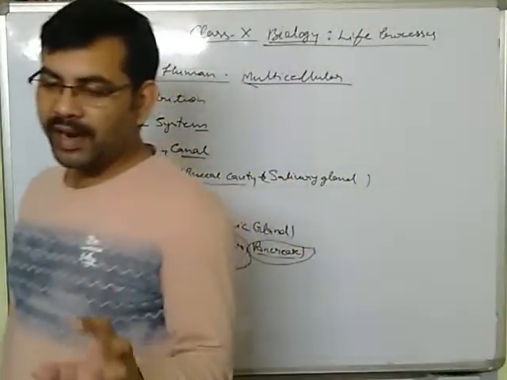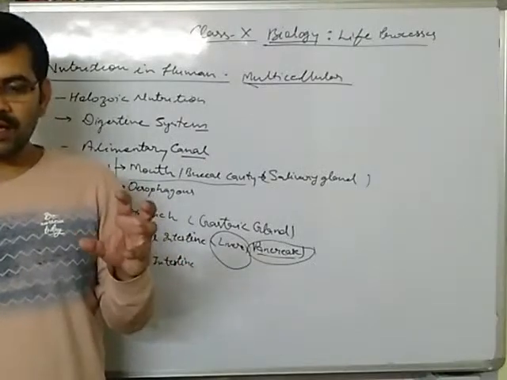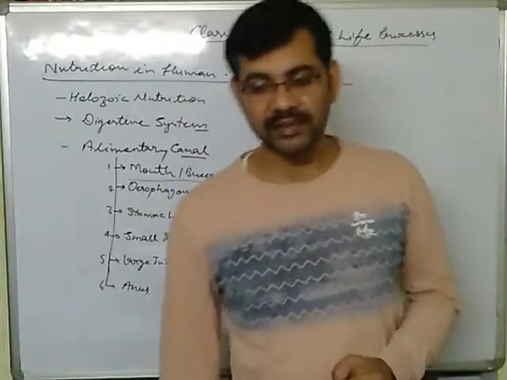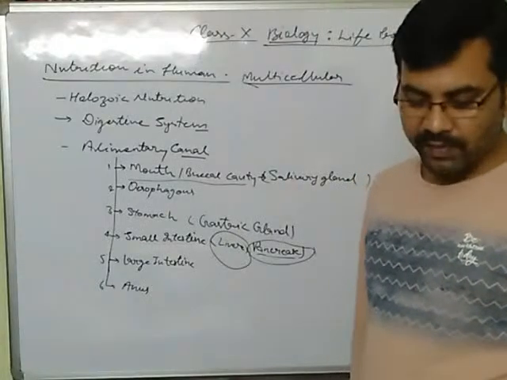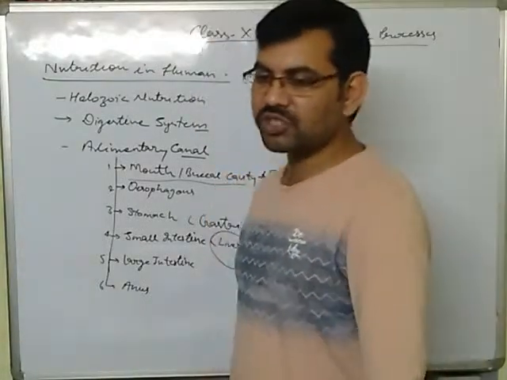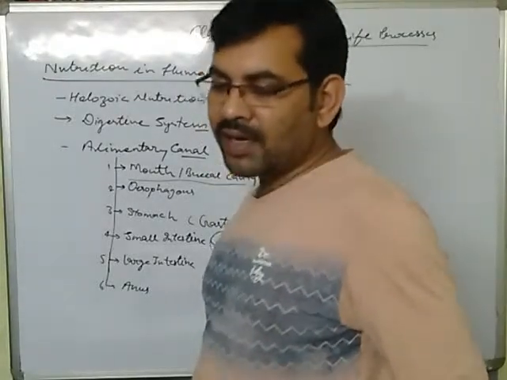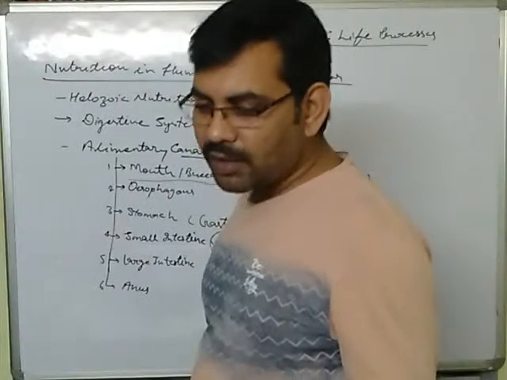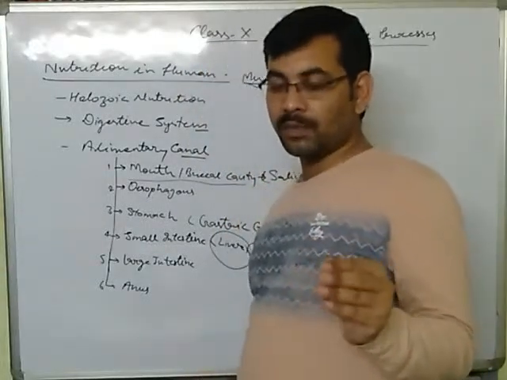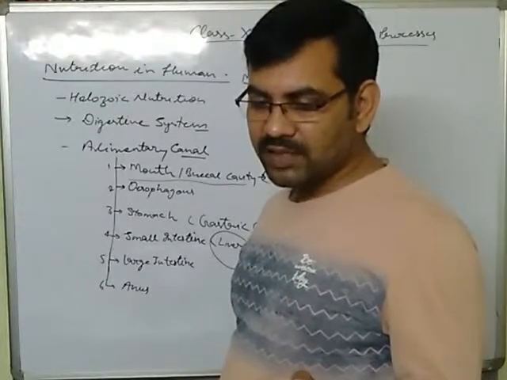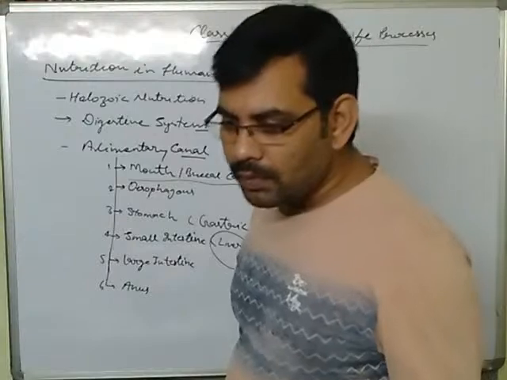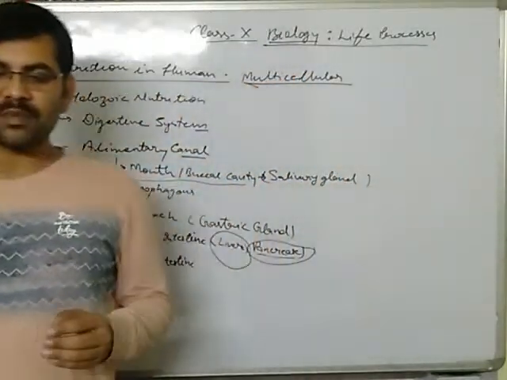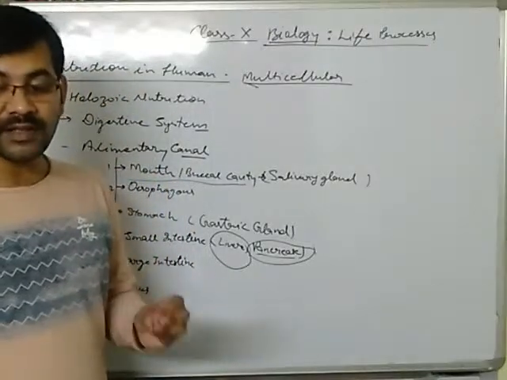Now, the salivary gland produces saliva, and this saliva has a special kind of enzyme termed salivary amylase, also called ptyalin. This ptyalin begins the first step of digestion of carbohydrate in our digestive system. We may say that carbohydrate digestion begins first in our alimentary canal, and it begins from the buccal cavity,